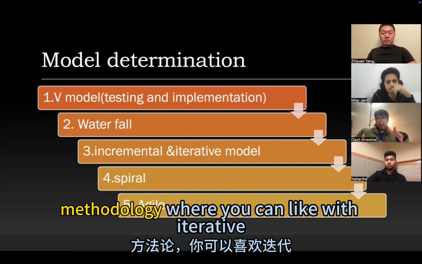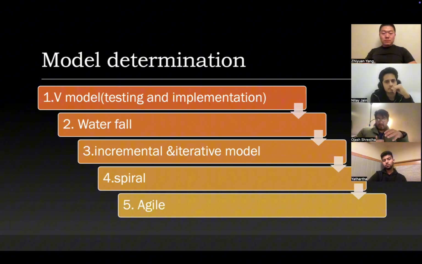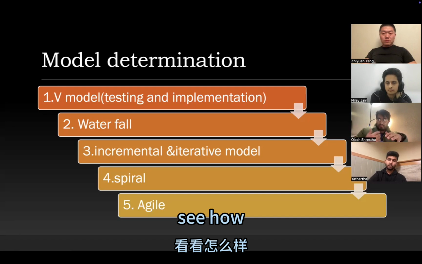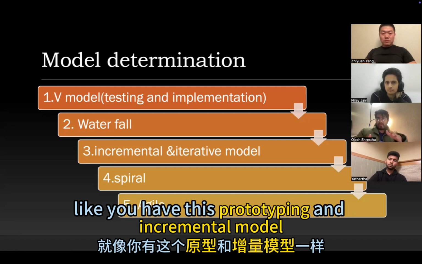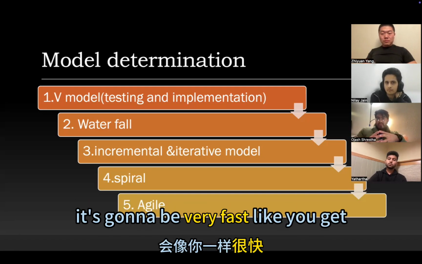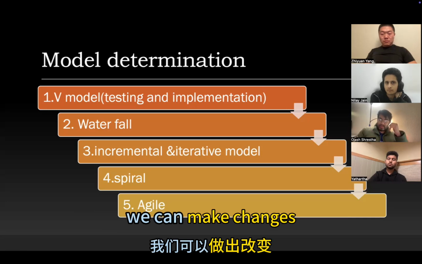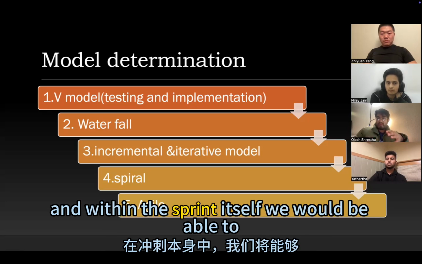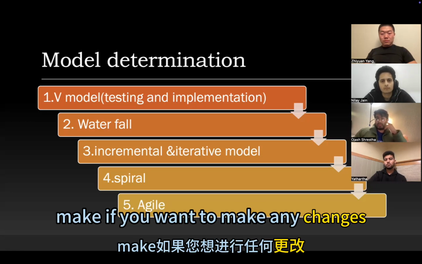Agile is this methodology where, with the iterative process, you can go through the Scrum process, and it's going to be a lot easier. You have prototyping and the incremental model just attached into one. It's going to be very fast. We can make changes a lot faster. We can have shorter sprints, and within the sprint itself,